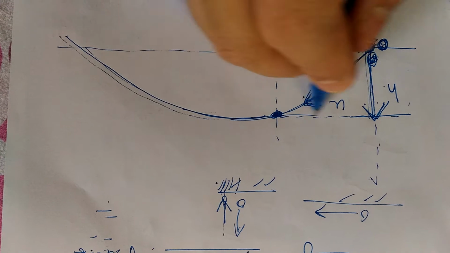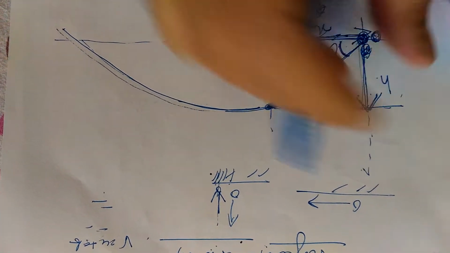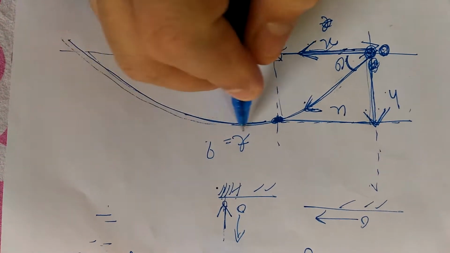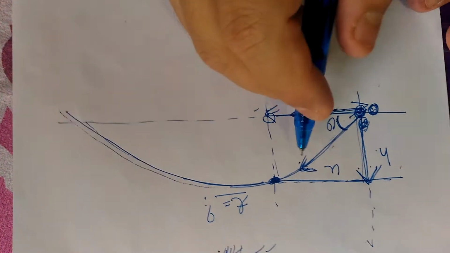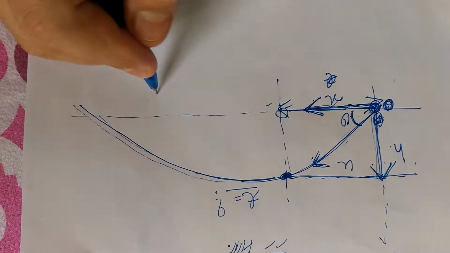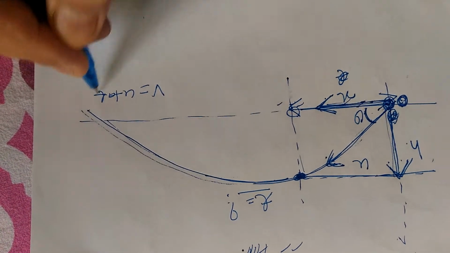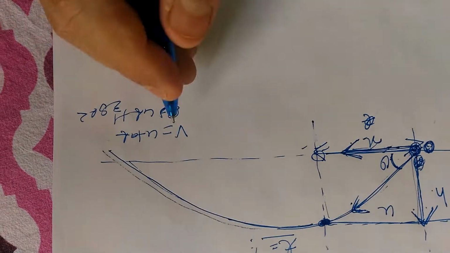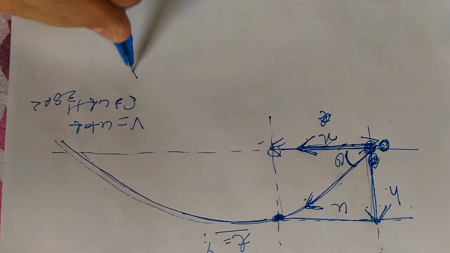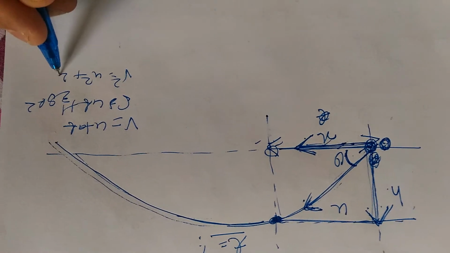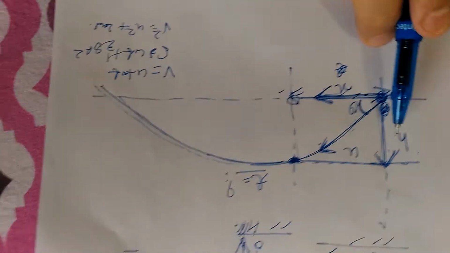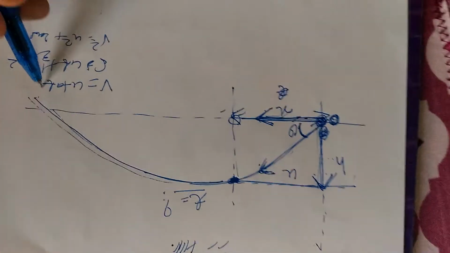So this is the common point. Draw two perpendiculars. So this is h and this is x. So the common factor here is time t. Now how you will visualize these problems? You will use those three fundamental relations, that is v is equal to u plus at, s is equal to ut plus half gt square, and v square is equal to u square plus 2as. The only thing is, you'll write simultaneously two sets of equations for vertical and horizontal motion. The only common factor will be t.